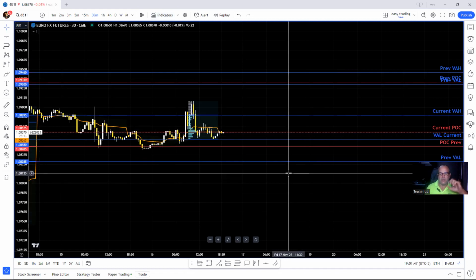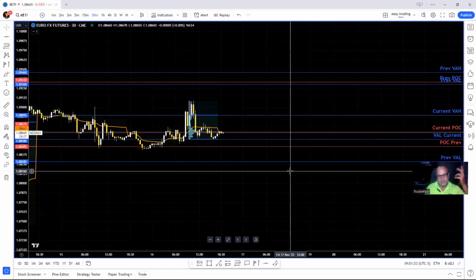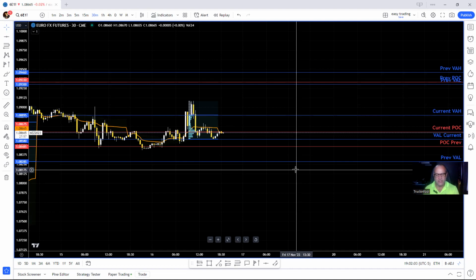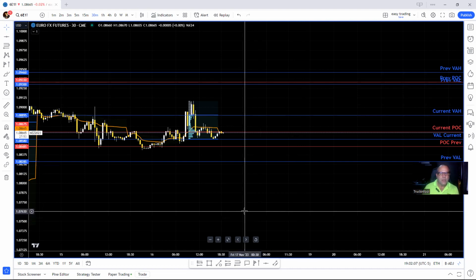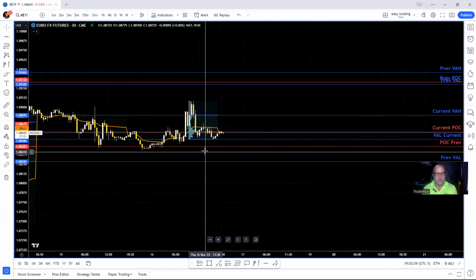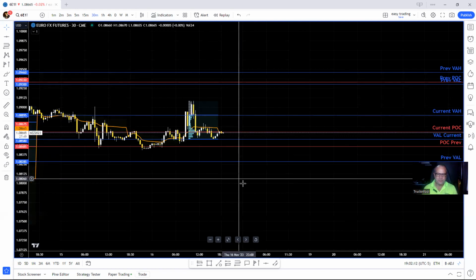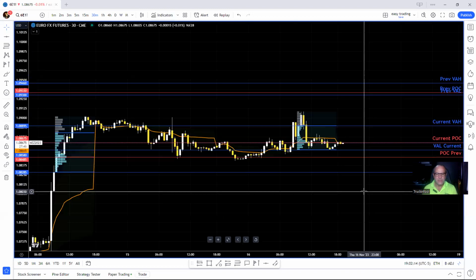I will at times use EMAs, exponential moving averages. But for now, I'm trying to keep things super simple and not get things too complicated, especially for my new students. So VWAP will add, and then the next thing we do,